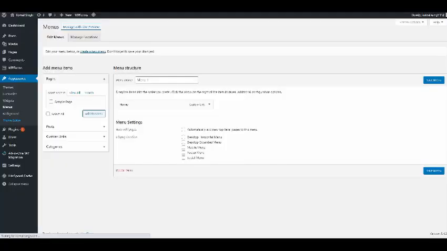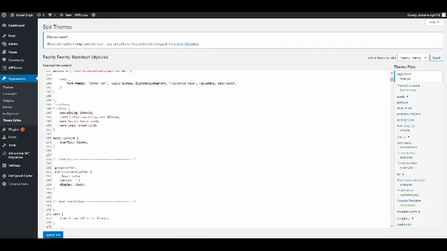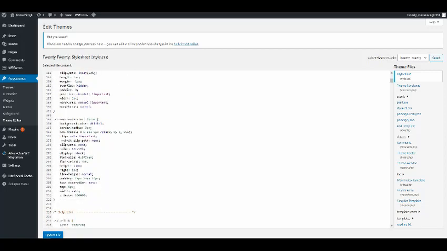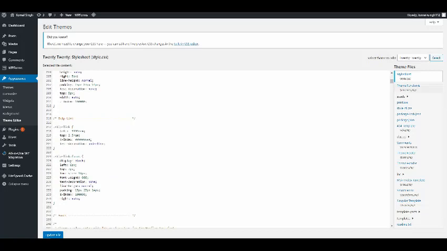Now the theme editor helps you to create something unique that appears in your themes. Okay, suppose I don't want any button on my website or I want something extra in my theme, I can go here and, using some basic HTML knowledge, I can create it. Okay, so here are the many options available for you.